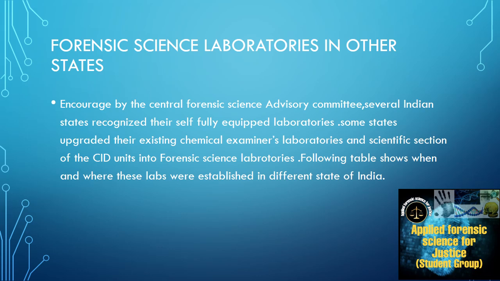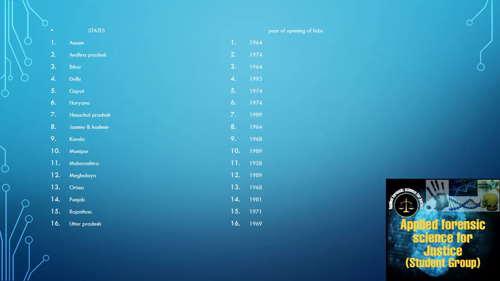On the next slide, there is a table in which we can see where labs were established in different states of India. In this slide, there are two columns. On the left side is the name of the state and on the right side the year of opening of the lab. Here we should study in which year the forensic science laboratory opened in a specific state in